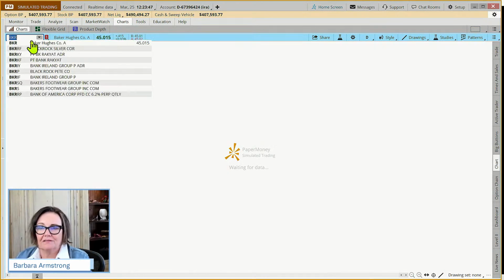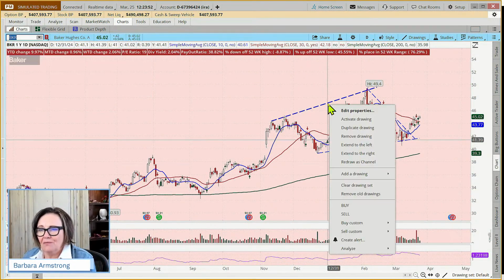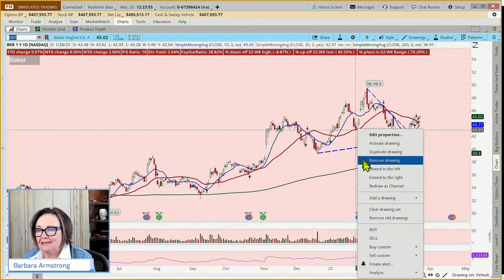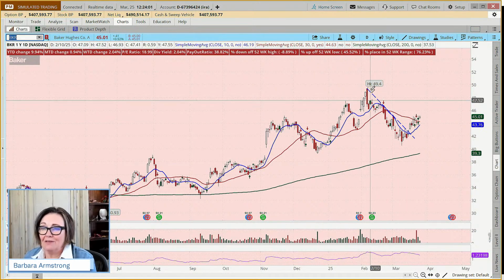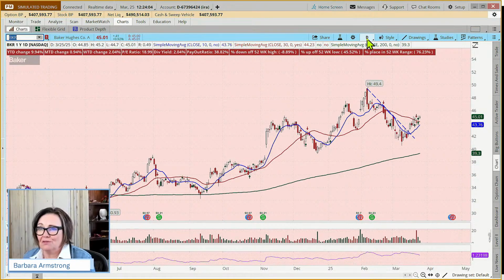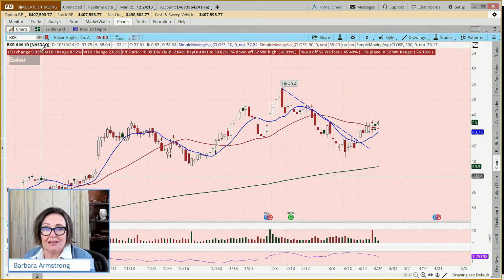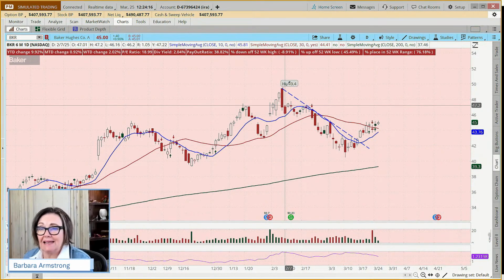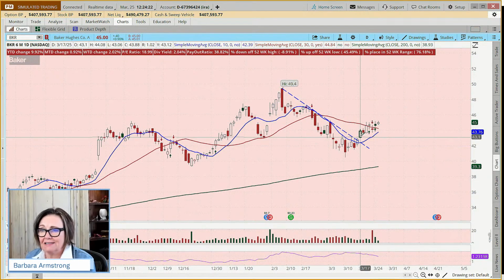How about BKR? So BKR, when we look at Baker, we did see a pullback, and we've seen a lot of these, right? Let's just go to a shorter time frame. This has had kind of a choppy ride, but overall has been uptrending. It is up 10% year to date, so outperforming the S&P. This is an energy stock. And if we draw this diagonal resistance line, when did it cross? On the 17th. And then we had that 1-day pullback again.